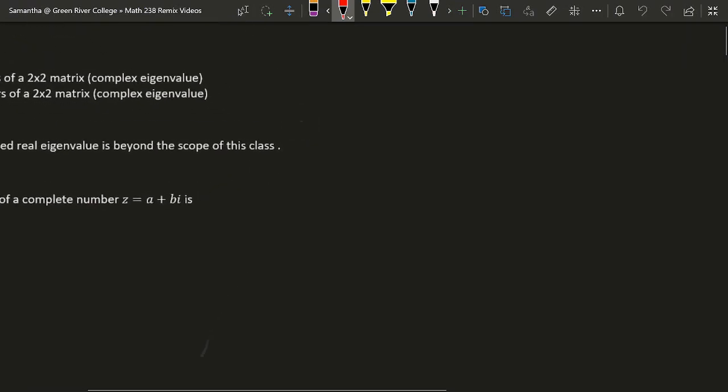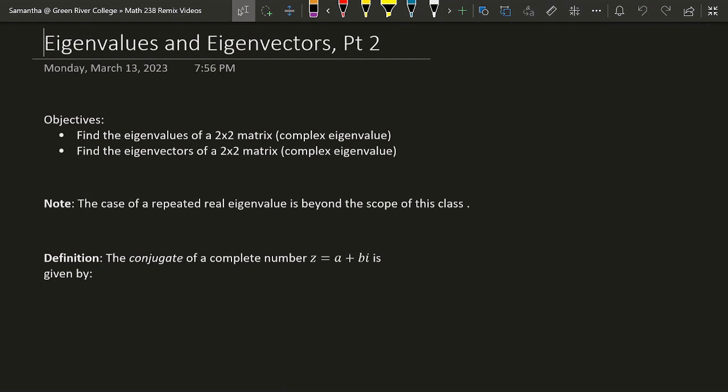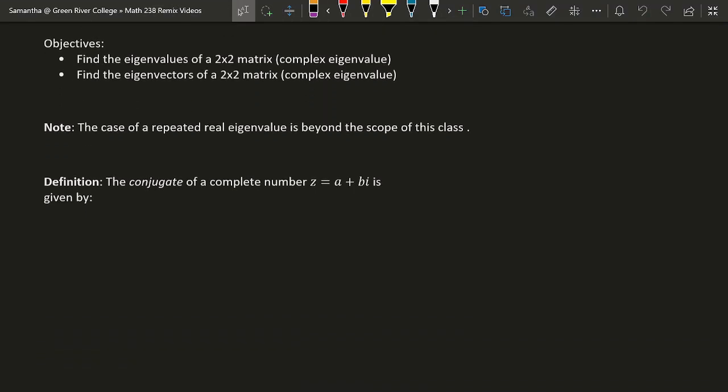In this video, we are going to continue our very brief survey of eigenvectors and eigenvalues from linear algebra. Today, we're going to focus on the case of eigenvalues that are complex and how to find eigenvectors corresponding to complex eigenvalues. Once again, we are building up some skills that we will be able to use to help us solve systems of ODEs using linear algebra techniques.